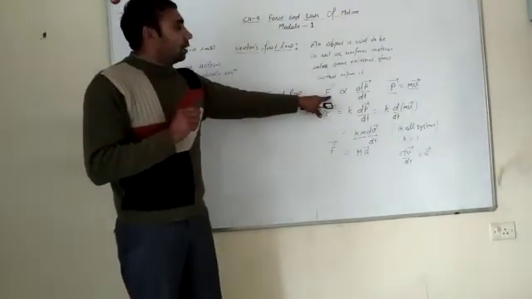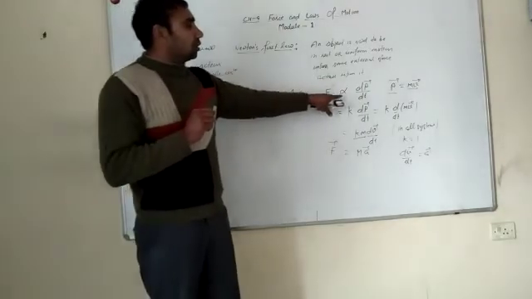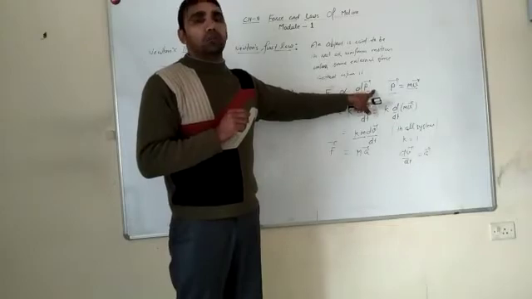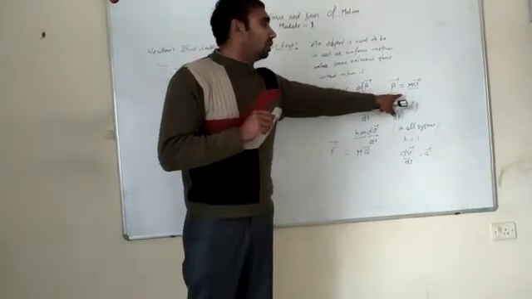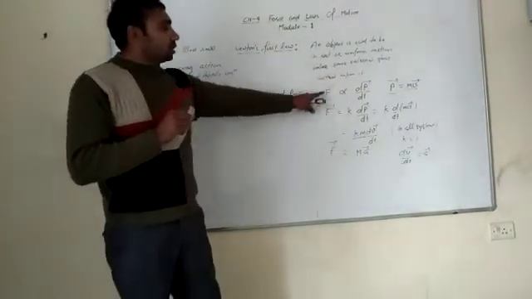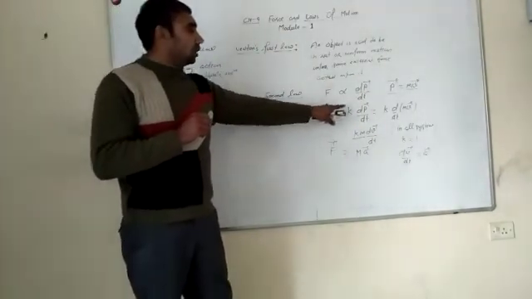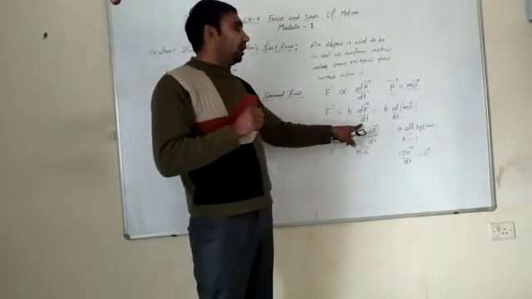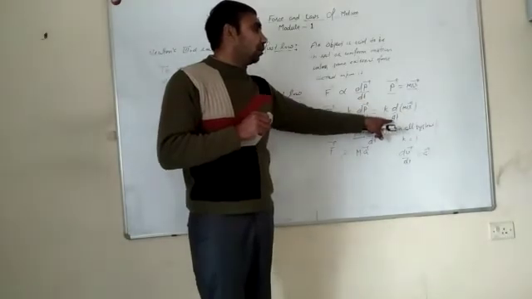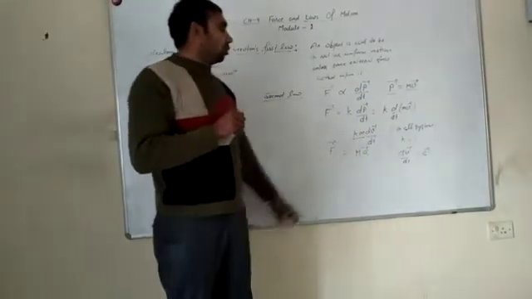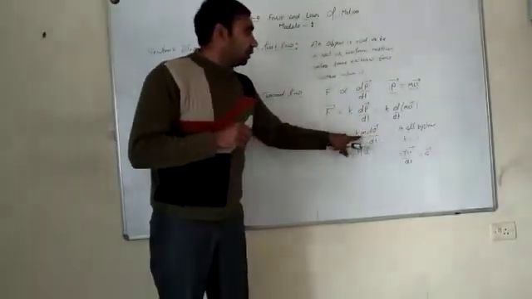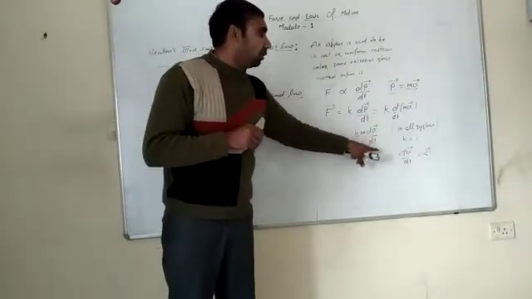So, the force applied on the body is directly proportional to the rate of change of momentum, the rate of change of linear momentum. As we know, linear momentum is equal to mass multiplied by velocity. This can be written as force F = K dP/dt. Putting the value of P = m v, F = K d/dt (m v). Now K is constant, m is also constant. This can be written as K m dv/dt.